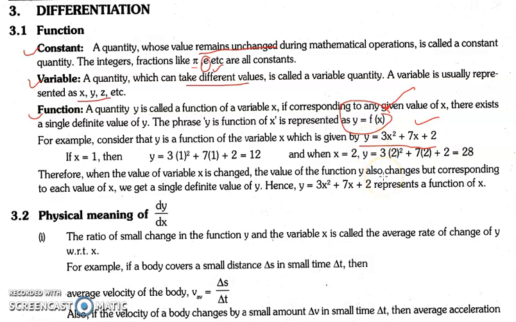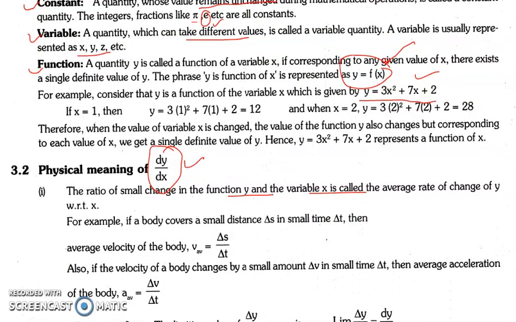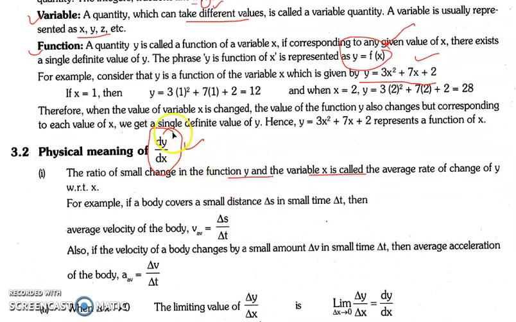Okay, let's start with the basic meaning of dy by dx. This is the derivative, or this is the sign by which the derivative is denoted, that is dy by dx. Now what it means is it denotes the small change in the function y with respect to a small change in x. Means how the value of y is being changed when we consider this with respect to x. This is known as dy by dx. Means this is written here, average change of y with respect to x. Means how y is being changed when x is getting changed.